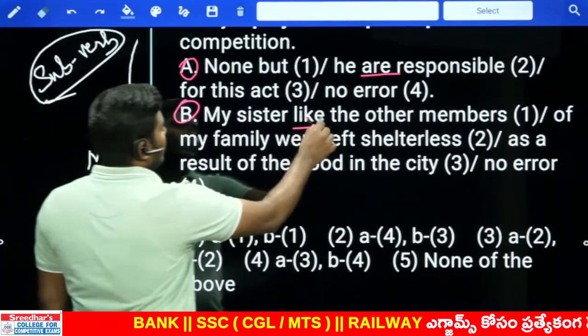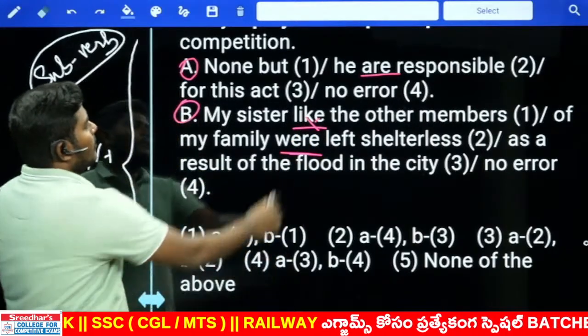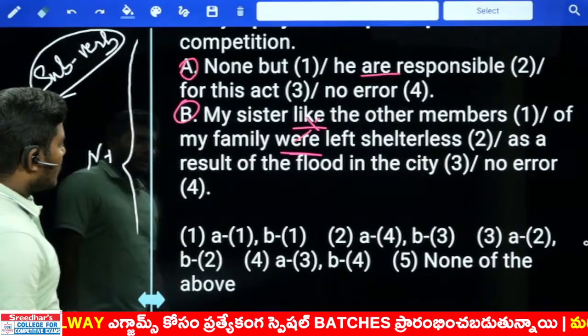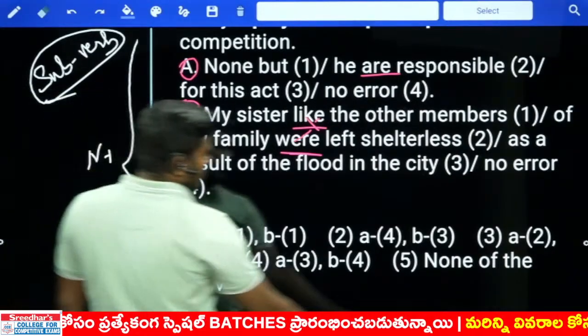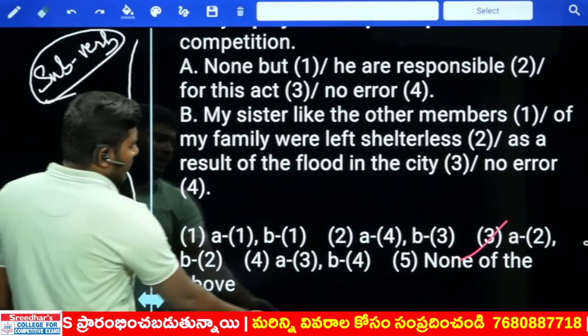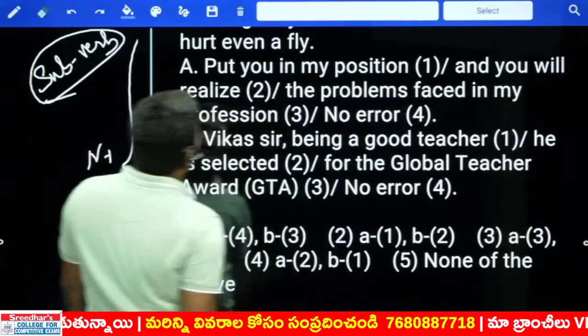Sorry, it's not first again. Verb must be changed to was, right? Yeah, two cases. A and B both are in the second position only. If A and B are both in second positions, the answer should be used with the third. Very simple. Just go slow. You'll get all the answers correct. Nothing to worry. Let us go for the next one.